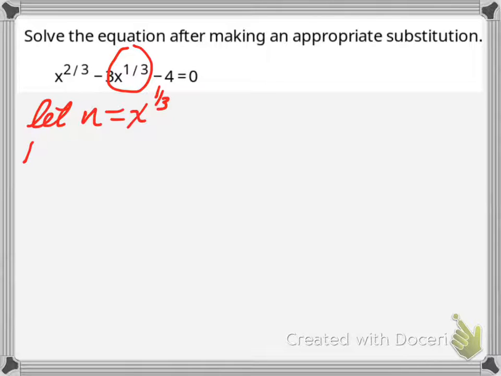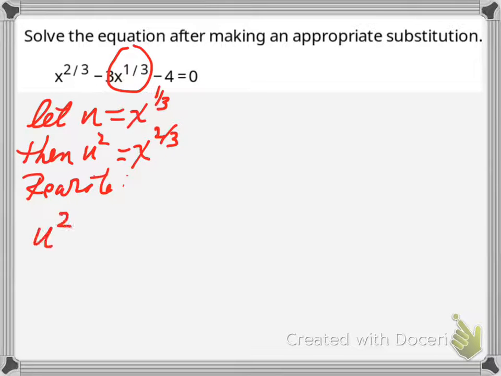Then, if we square both sides, u squared would then equal x to the 2/3. So instead of using x to the 1/3, we'll use u, and instead of using x to the 2/3, we'll use u squared. And we'll just rewrite the equation using the variable u. So we'll end up with u squared minus 3u minus 4 is equal to 0. Now we do have a quadratic equation, and we can use the quadratic formula,